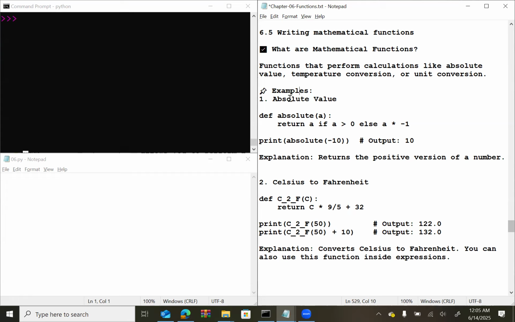So for example, for the absolute, if I want to find the absolute value of minus 10, the result should be 10, right? So we created an absolute function. This is what we have created for the absolute function. What is that? Any value you get, if it is negative, multiply by minus 1. If it is positive, just print it as is. Otherwise, multiply by minus 1. So let's try that